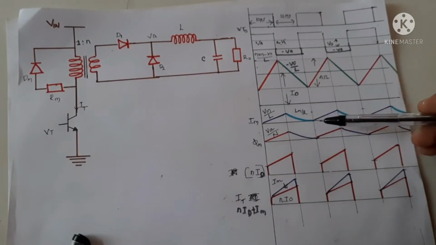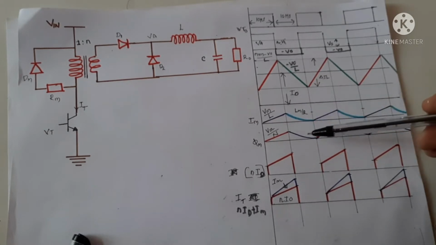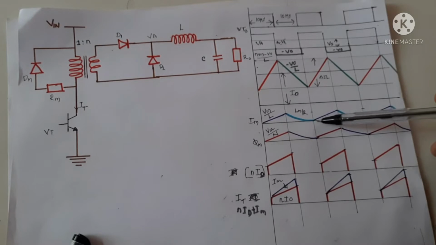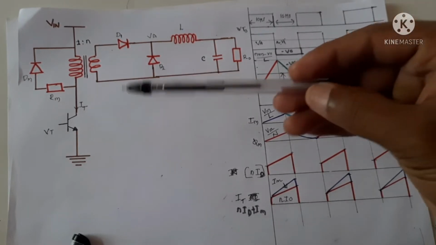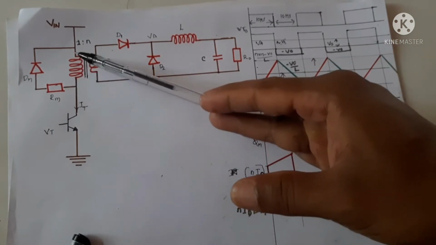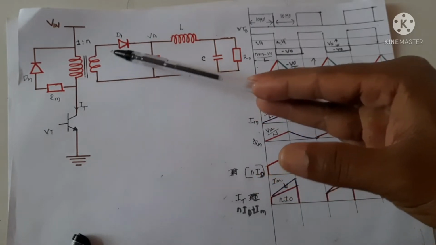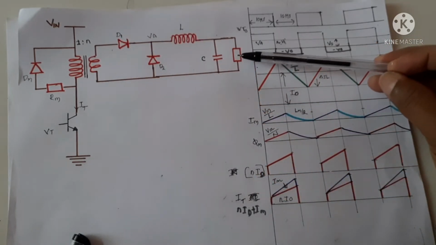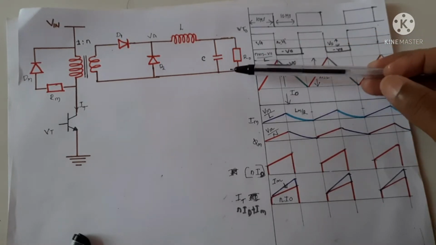Now when the flux is reset, the core becomes free. When we turn on this transistor again, the flux is increasing and it produces an induced EMF in the primary to oppose the input voltage, and an induced EMF in the secondary. If we connect a load, depending upon the value of the resistor, a current will flow.